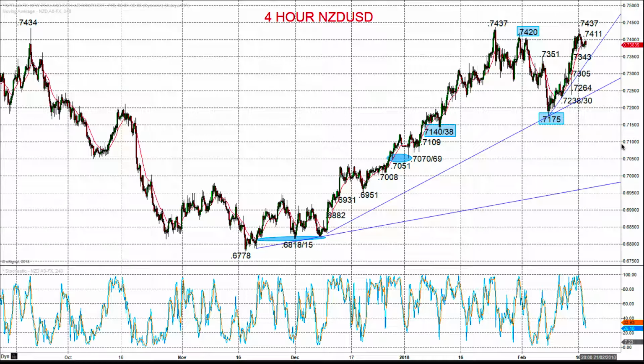We're now going to look at the Antipodean currencies, the New Zealand dollar and the Australian dollar, both spot rates against the US dollar, both exhibiting a more positive tone over the last week or so.